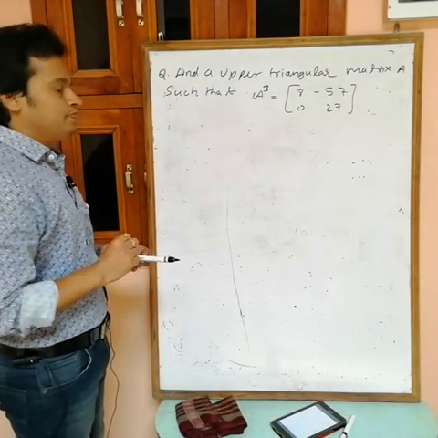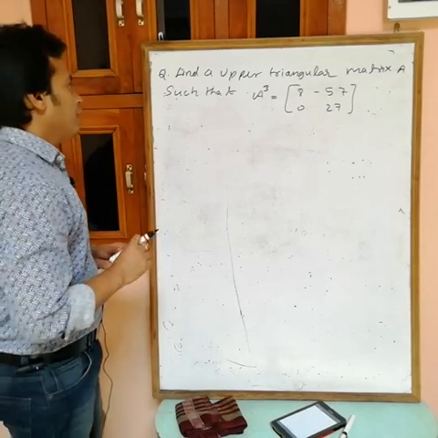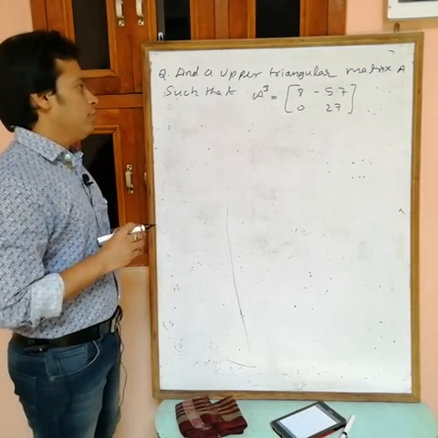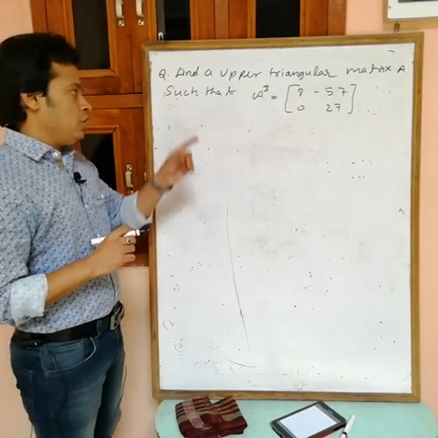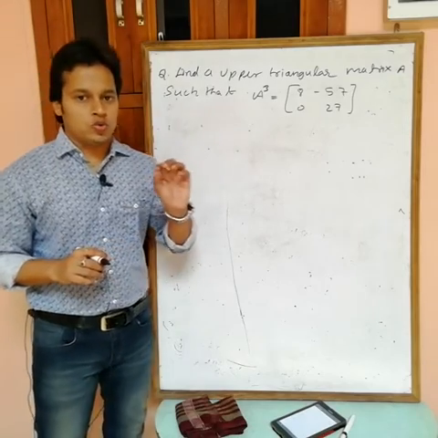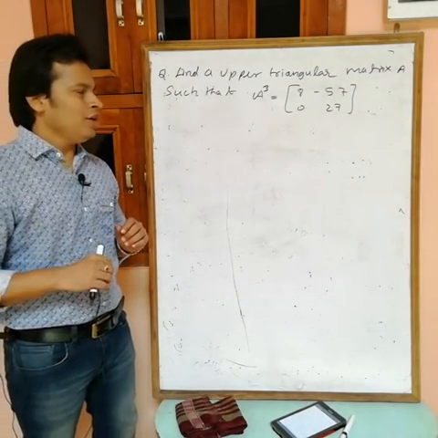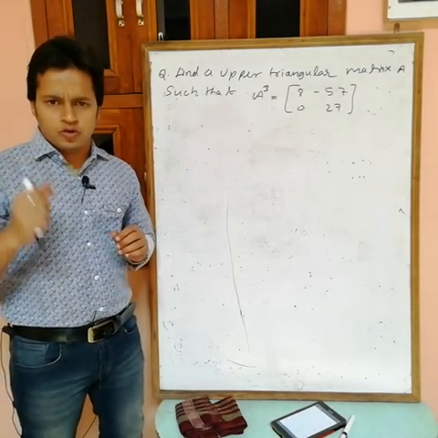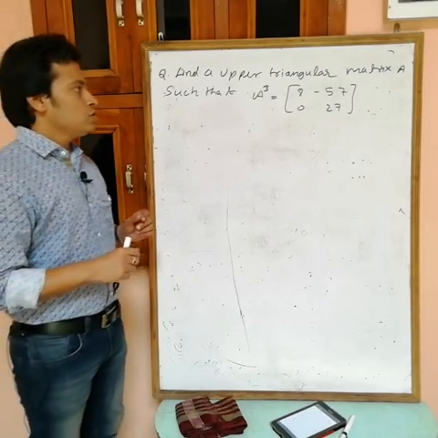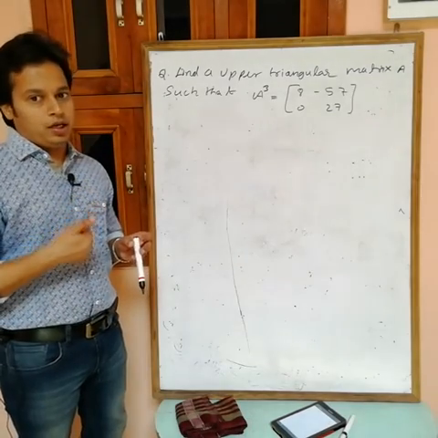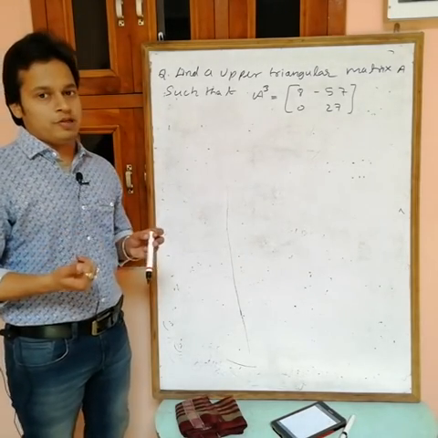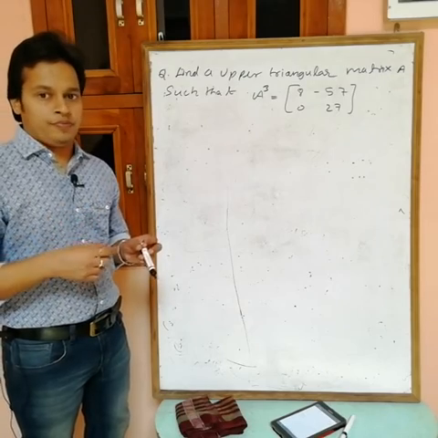Pause and find out. Okay, done. See, what do you want? We want an upper triangular matrix A such that A power 3 is this matrix. Now the order of A power 3 is 2 by 2, then obviously the order of A is also 2 by 2. To find A, we want A, and it is given that A cube is given. So first I have to assume A.